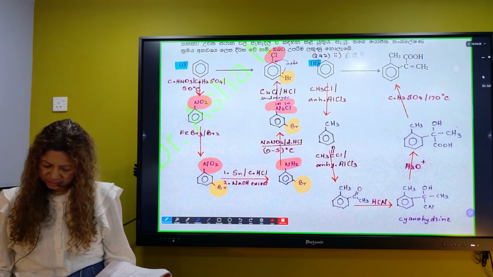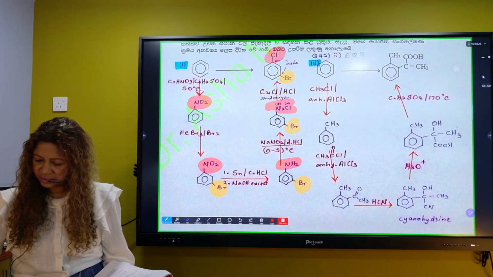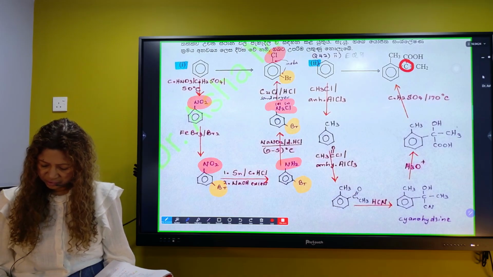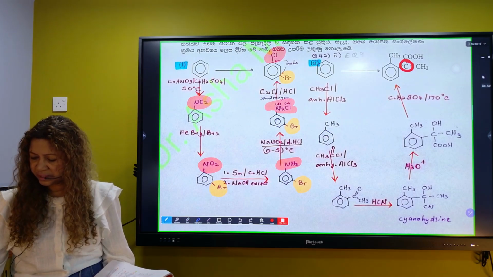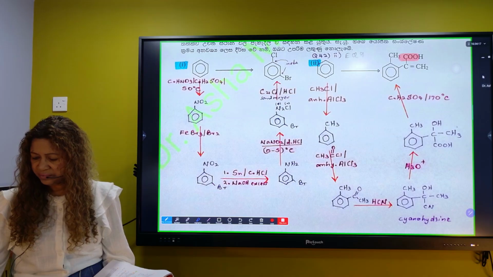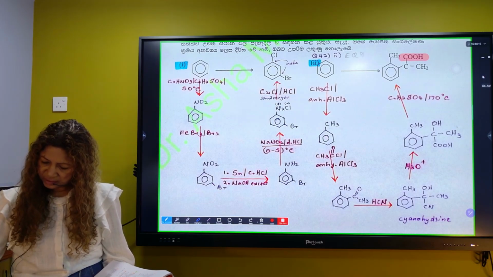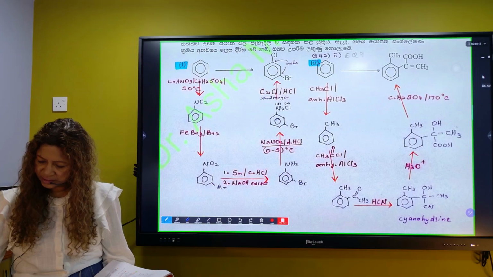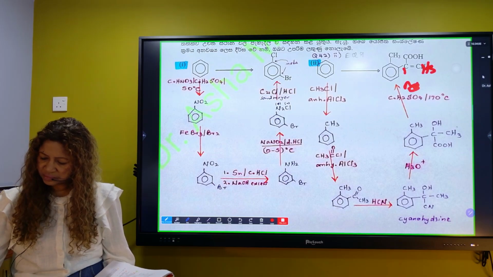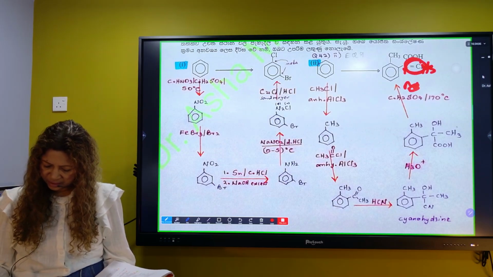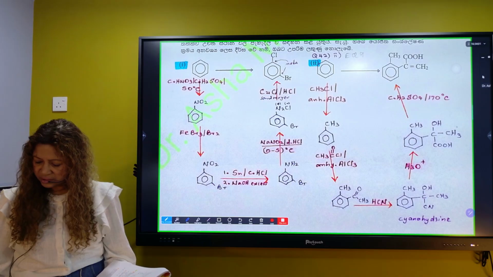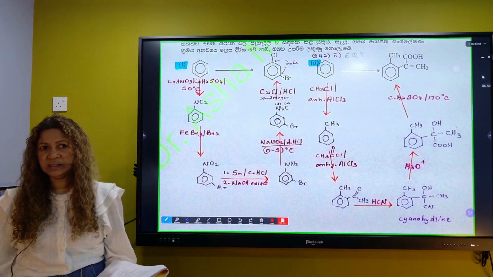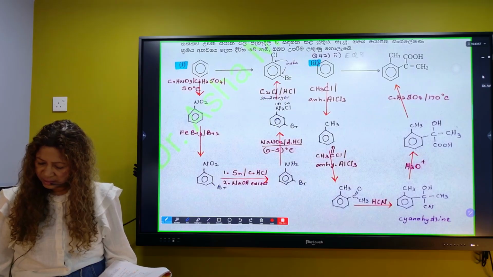And then this one, what would you think about this carbon? Two of these groups are joining, COOH. Before this, there is supposed to be one hydrogen here, CH3, either Br or OH, some sort of thing supposed to be here to make this double one. So that is definitely supposed to come from the cyanohydrin. Cyanohydrins are made between carbonyl and HCN.